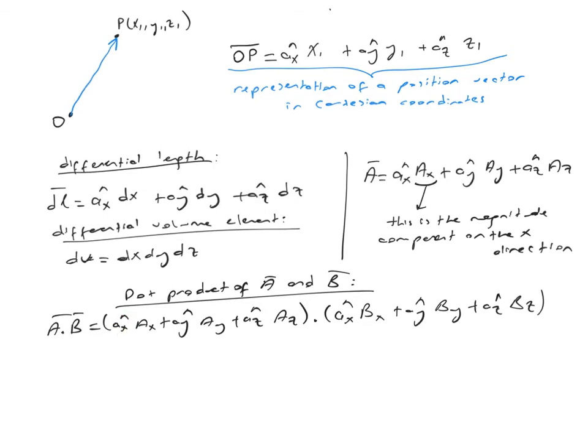Since these unit vectors are perpendicular to each other, dot product of two unit vectors only gives the result 1 when the unit vectors are same. Otherwise, the result is 0. So,